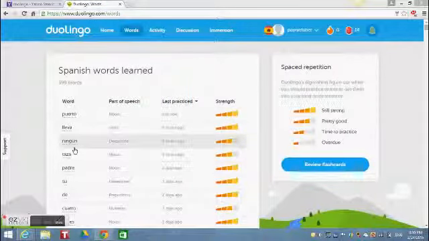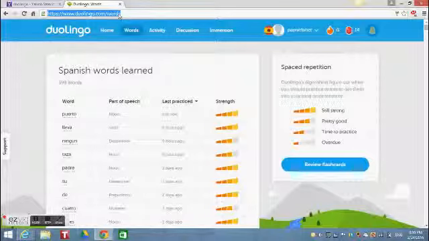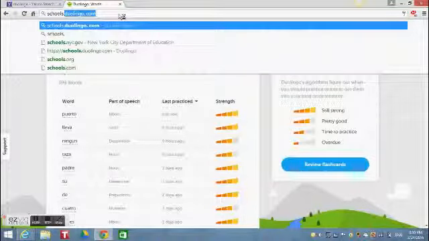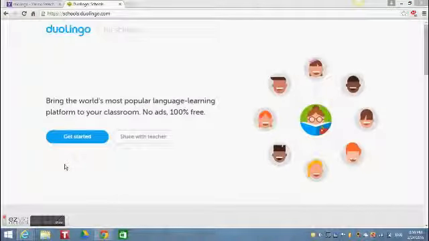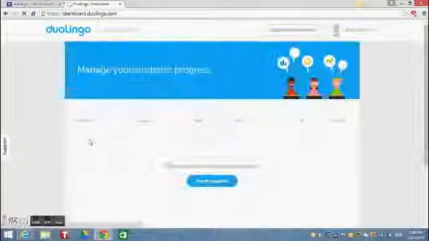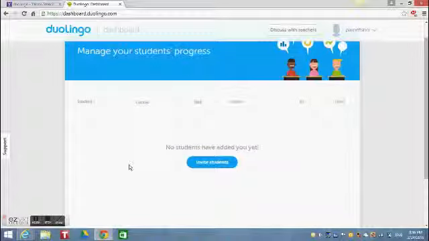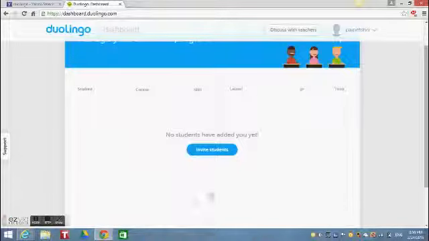Okay, so the last thing I want to show you is how you can use this if you're a teacher in the classroom. So at the top, you want to type in schools.duolingo.com. So this will take you to this website in Duolingo, and we'll hit get started. And it says I have no students yet because I'm not a teacher. So we'll hit invite students,